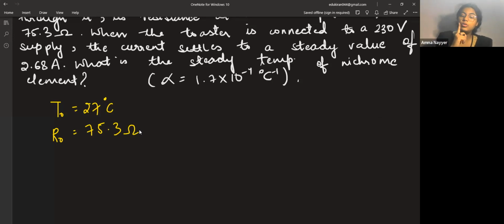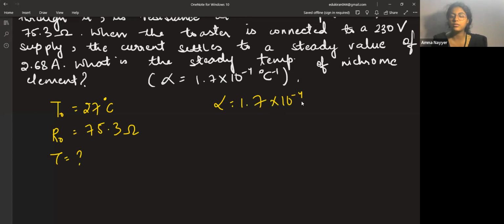But you do not have the value of the steady temperature, that is T, which you have to find out. Alpha is also given in the question, 1.7 into 10 to the power minus 4. But what about one more resistance? See, this was in the formula. There was one more resistance at this particular temperature. So you do not have the value of resistance, but you do have the information about the potential and current,